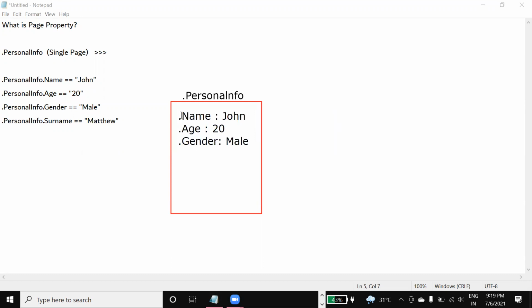This is how the properties sit on top of the page property. So a single page is a collection or group of single value properties, which constitutes a single page in Pega. This is the clipboard structure. I will just erase this one.